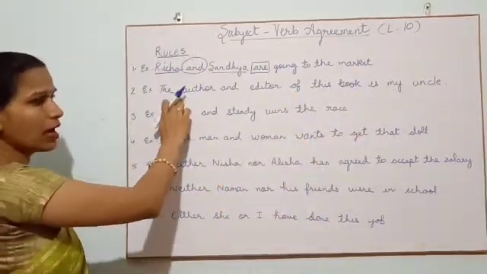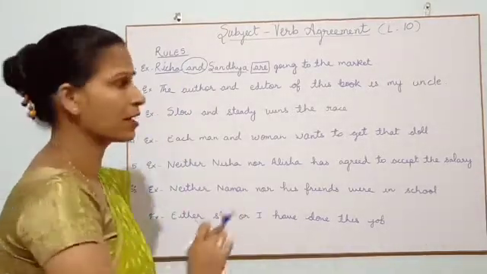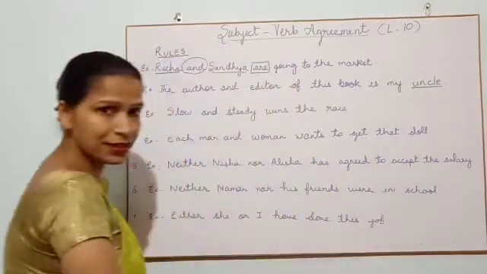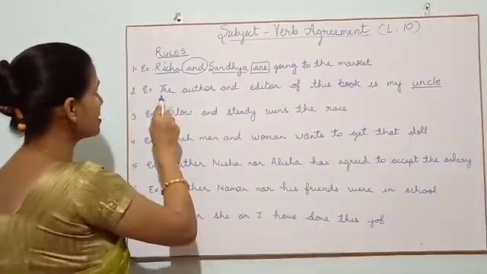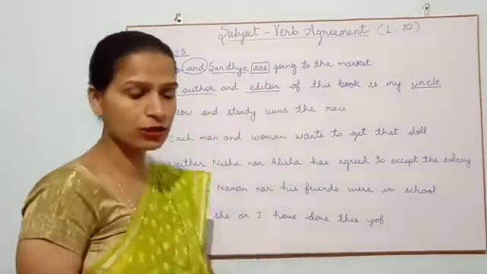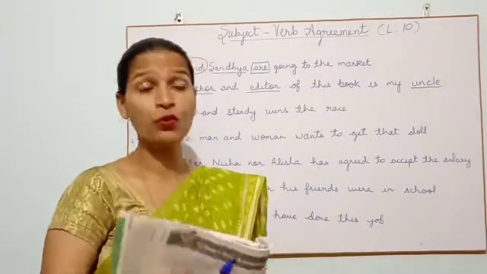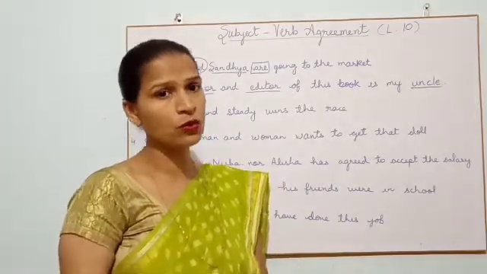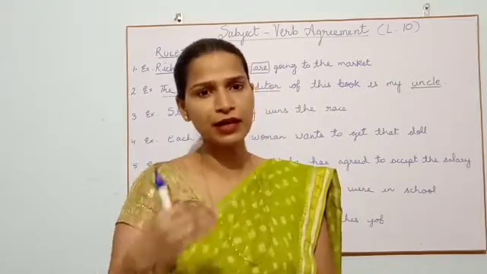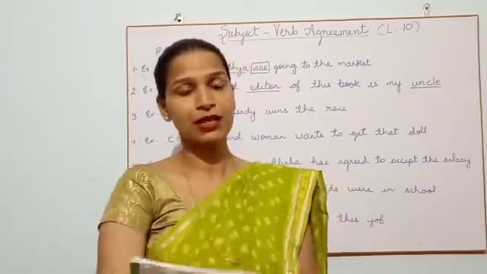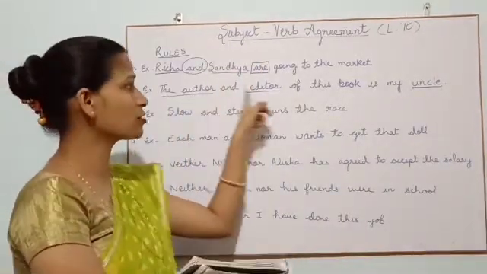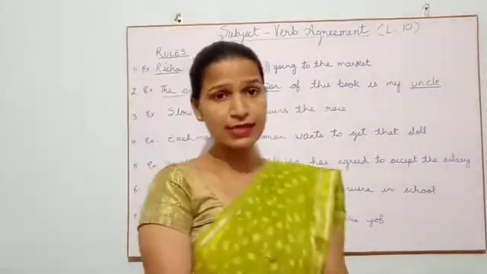Means we are talking about uncle, one person, and what we are saying is that he is the author also and the editor also. What do we mean by author? Author is, children, one who writes, and who is an editor? One who edits. If some problem is there, if something is wrong there, then the person will edit it, will change something in it. That is the editor. And here uncle is doing both the things. He is author also, he is editor also. So this is according to our rule.